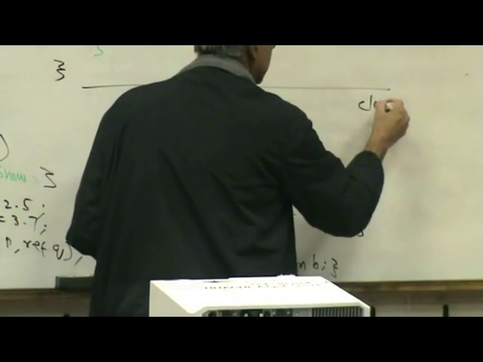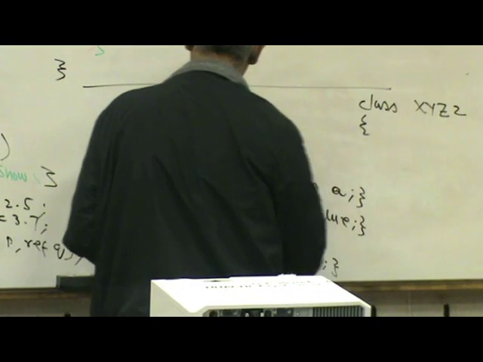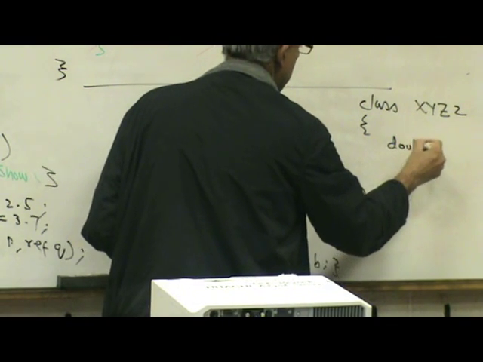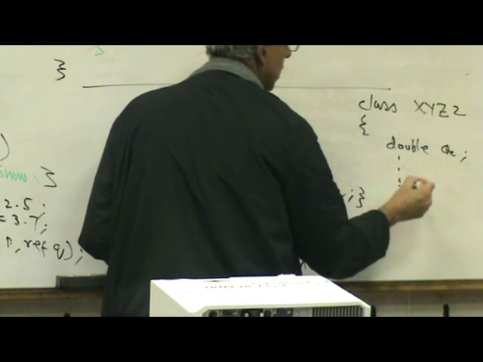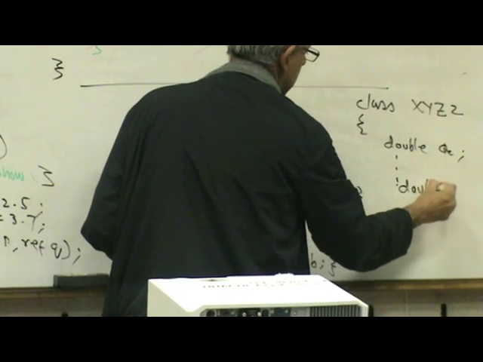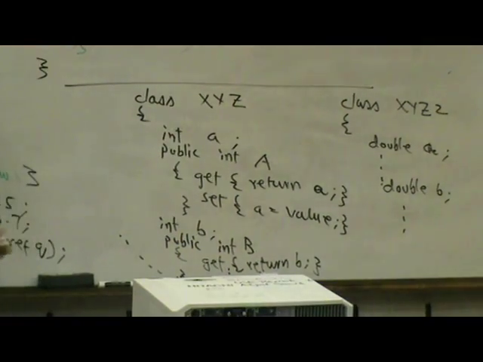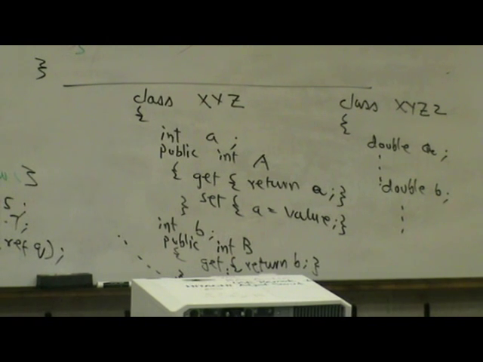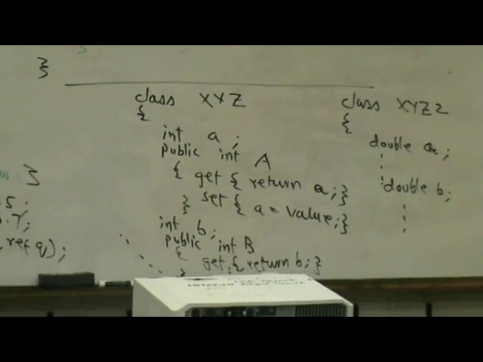So meaning doing something like this, XYZ2, and then saying double A and so on, right? And then double B and so on. Okay, then creating XYZ3 with a string. So if the data or the fields inside the class keep changing, this is where we create a generic class,